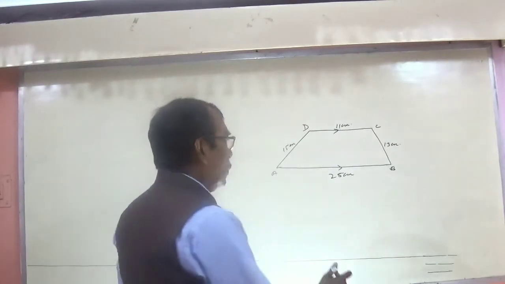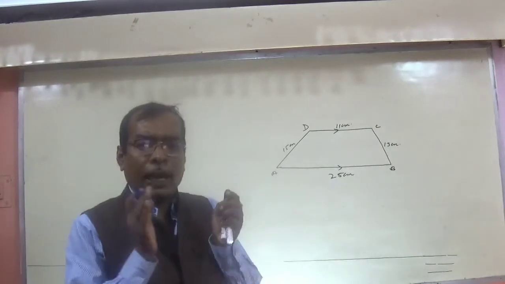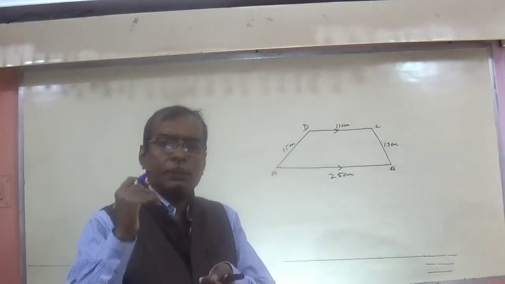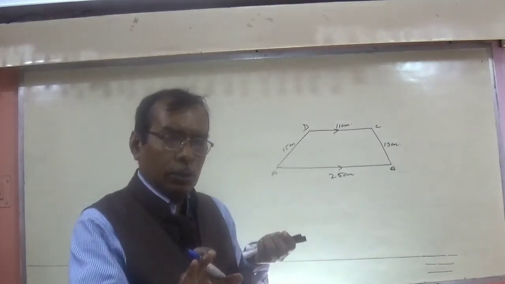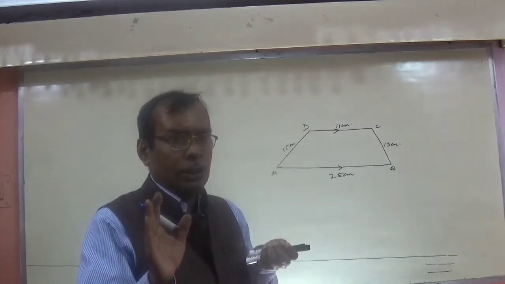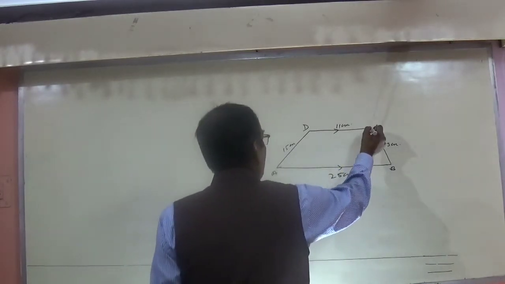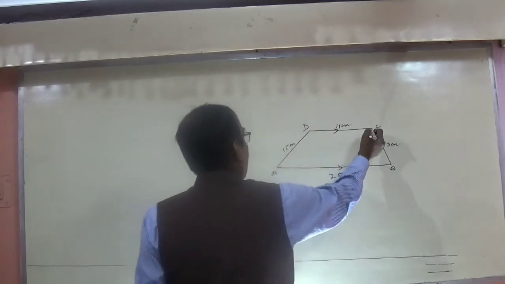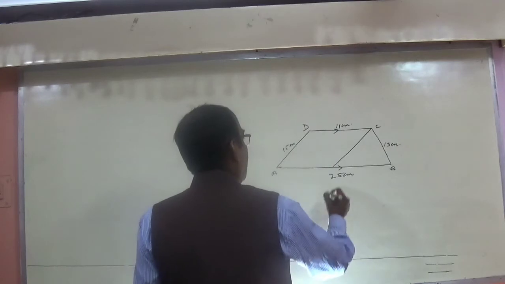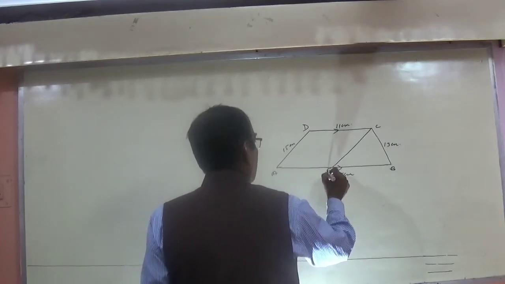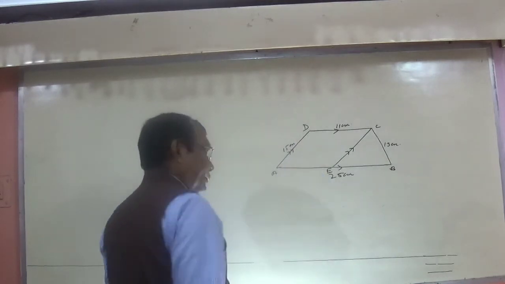Okay? So for that what we'll have to do, yes, again our target is to find first of all the height of the trapezium, the distance between the parallel sides. Question is how will it be? I have already told you, and again I am telling you that the solution is a little bit lengthy. So for that, from C, it is required to draw a line which is parallel to AD. Yes, here is a line. Name it as E. So these two lines are parallel.